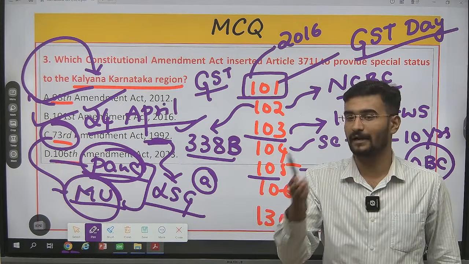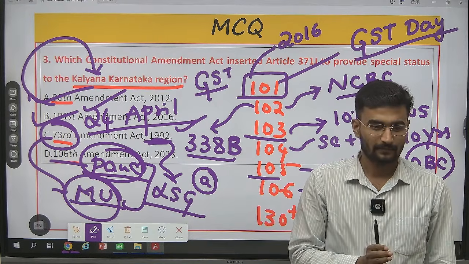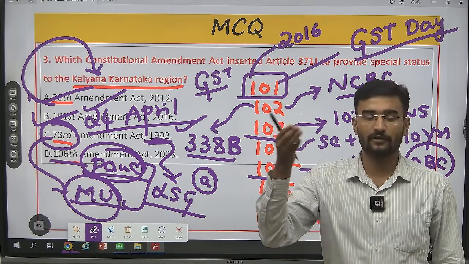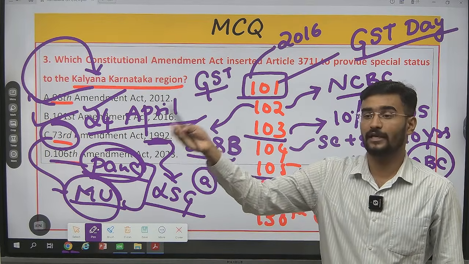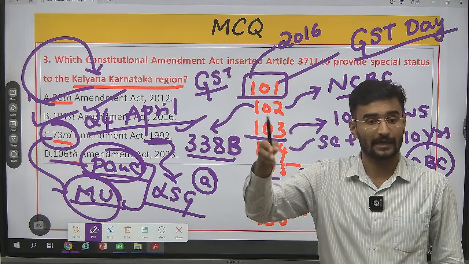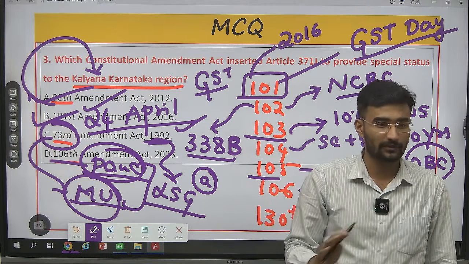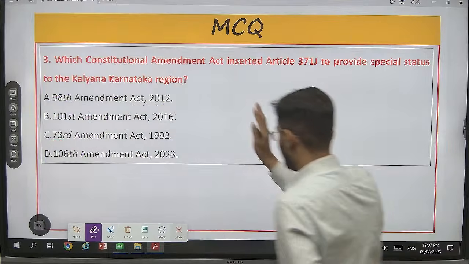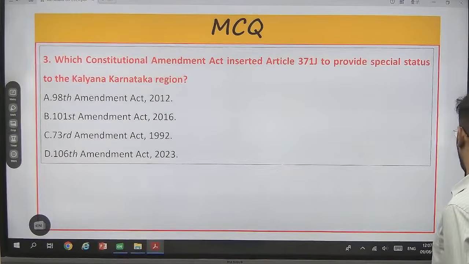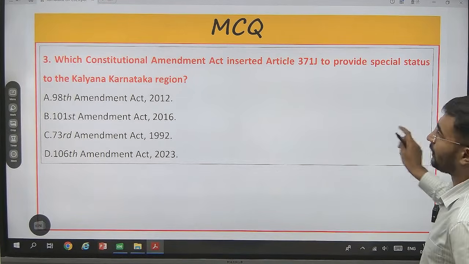Last year in KAS there was a question about the 86th, 21A, 45 amended. Second one we call it 51A, capital A and small k, fundamental duties, that you should be aware of. But our main point of discussion here is